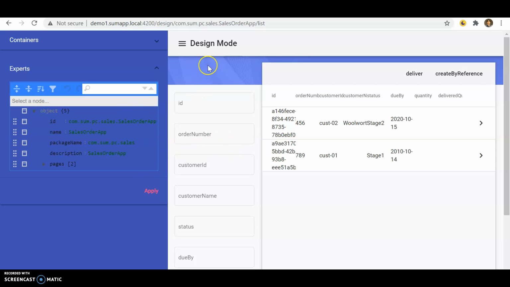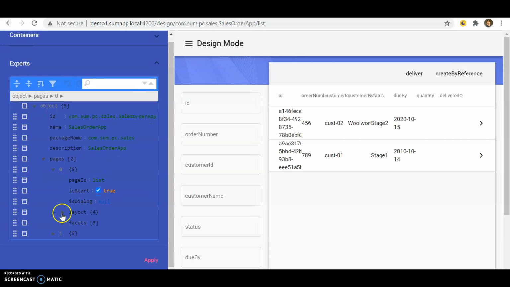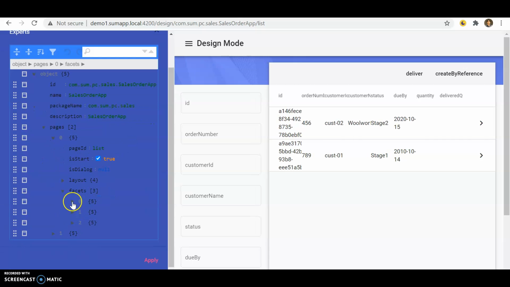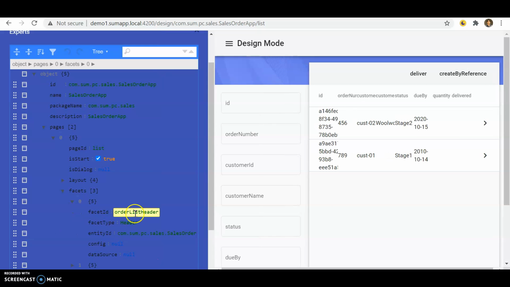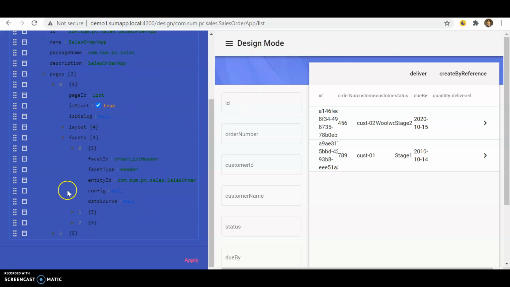layout. So let me first start by putting a nice header on the application. Let's call that order list. I currently have two pages in it. I will only focus on the first page, so go to page 1. In my layout I have 3 facets. The facet order list header is supposed to work on the same entity ID, order, but you have the possibility to add content on the header. Right now I don't have a configuration there. Let me start by